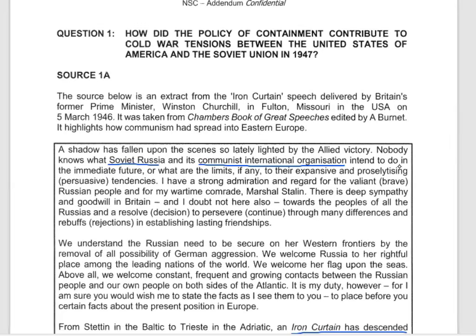One form of reliability here, it says it's a speech delivered by, it's a speech, which means when it's a speech, it's a primary source. It's one form of reliability. We say primary sources are more reliable compared to secondary sources because primary sources are eyewitness sources. They are more likely to be reliable compared to secondary sources. So for that reason, that being a speech, it also implies that it's a primary source and it's more reliable.